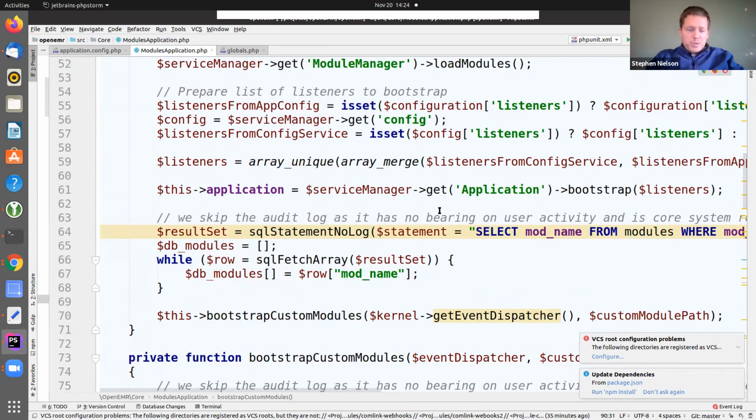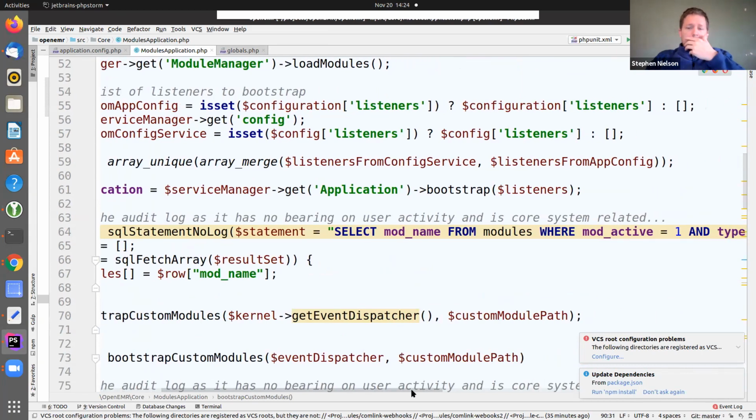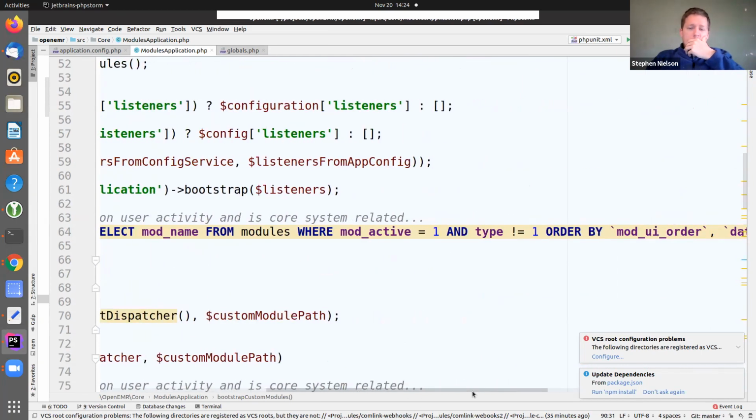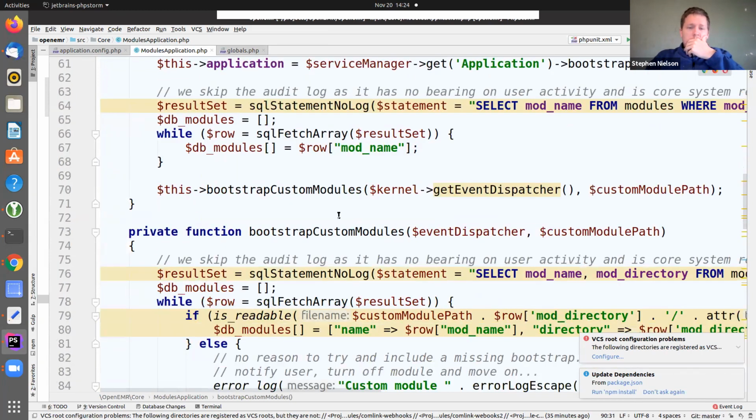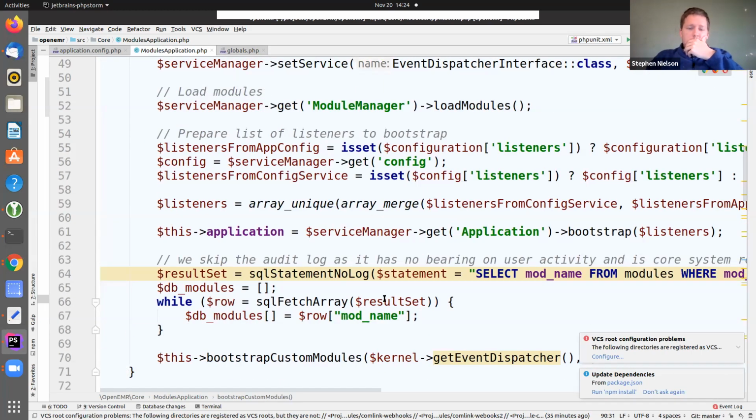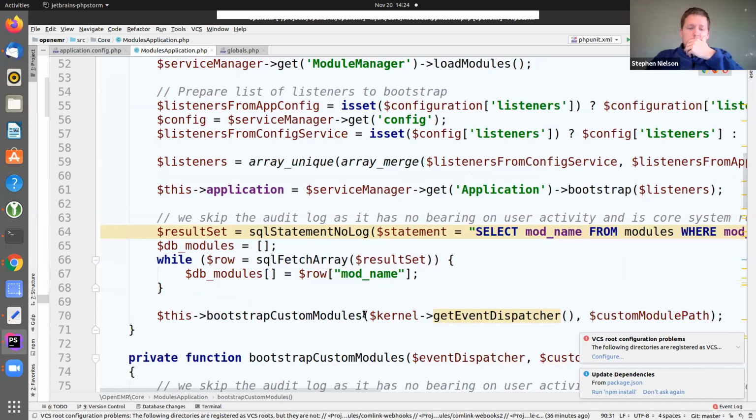I don't know if this is too big, a little bit harder to see. But it's going to grab all of our modules where they're active, and after all the Laminas modules have been run, it's going to bootstrap our custom modules.